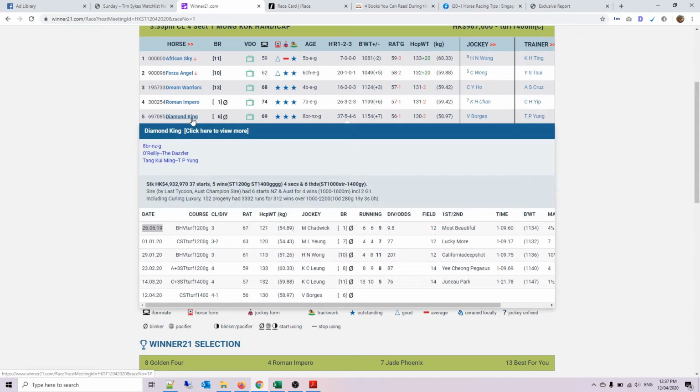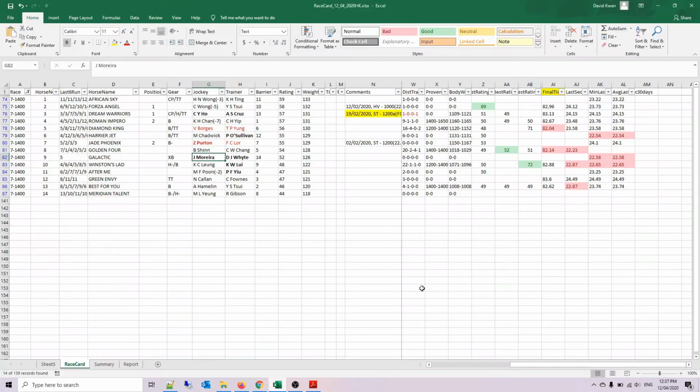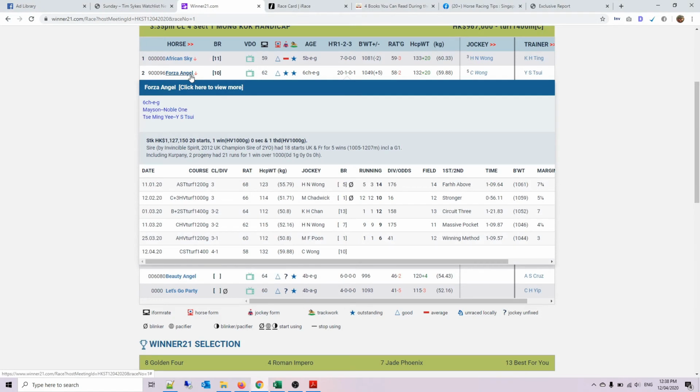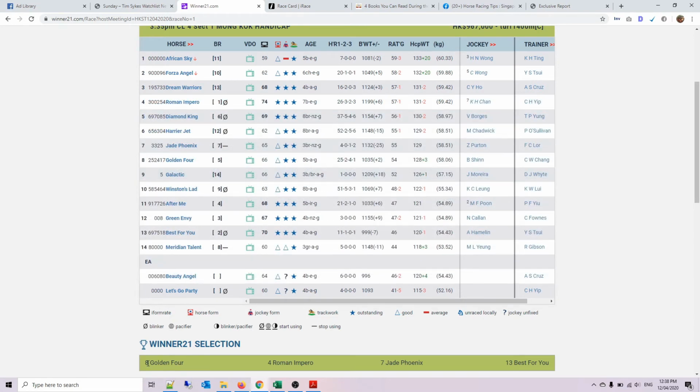Another one, Diamond King. Yep, so I will probably look at this one. I will look at 5 and also 8, right, as part of my handicap. Yep, another horse I want to take a look at is number 3 and number 2. Let's see number 3 and number 2. Number 2 is a front runner, yeah, but it seems more like a Happy Valley horse, right? I'll pass this one. Number 3. Yep, number 3 is always Happy Valley, right, and has been racing on the all-weather track. Yep, it ran pretty well last run. This race I'm not sure, but all right,